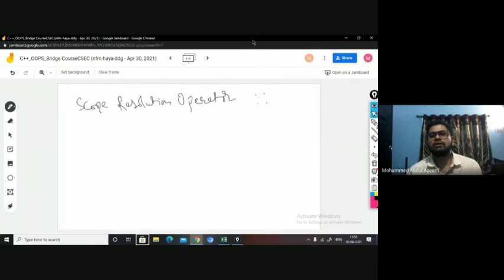Okay, this is said to be the scope resolution operator. What is the advantage of the scope resolution operator? When you are writing the functions' source code outside the class, to bind the functions to that respective class, you can do it with the help of the scope resolution operator, right? So it defines the scope of the functions when they are written outside the class, right?